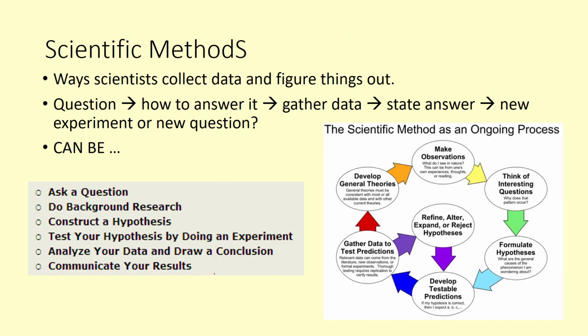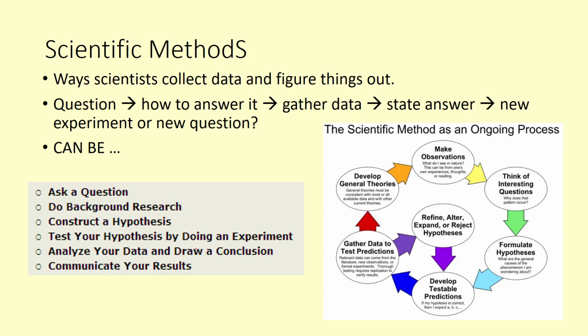Okay, so what do scientists do to study this? Well, we collect data and figure things out using a certain method. Now, it's not a specific method. It's just an approach. So you might have a question, how to answer it, gather data, state an answer, do a new experiment, or have a new question, or come up with your conclusions. So it can be a circular kind of process where you might have to refine. It could be linear. You used the scientific method when you did your exploding stomach. So we came up with a question, you designed an experiment to test it,